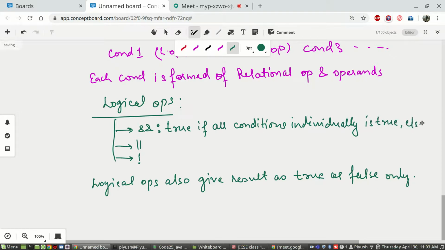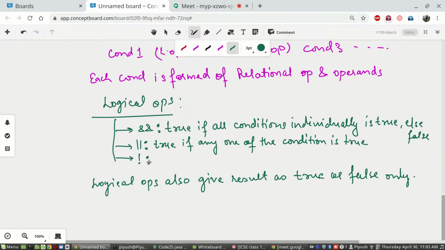Else it will give false. This one, logical OR, will return true if any one of the conditions is true.